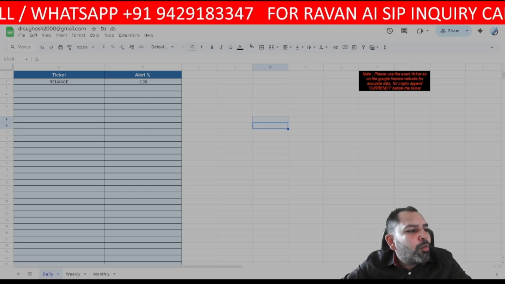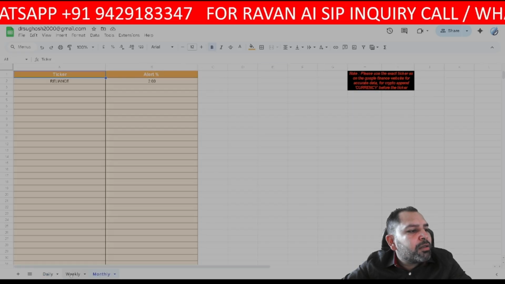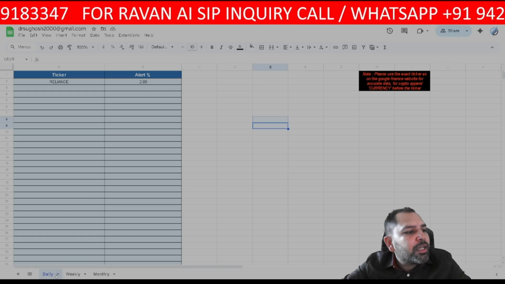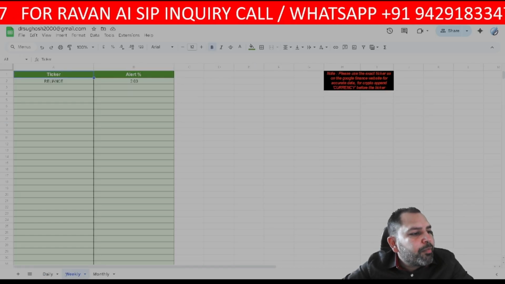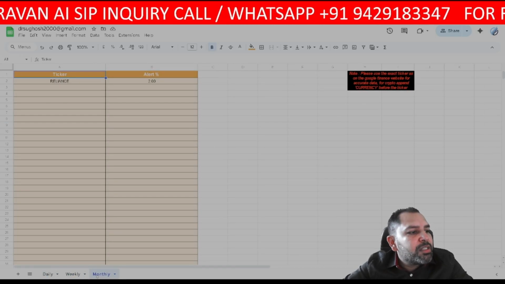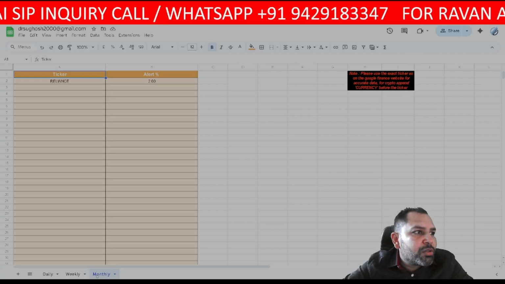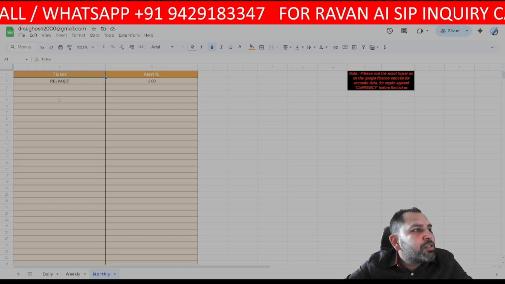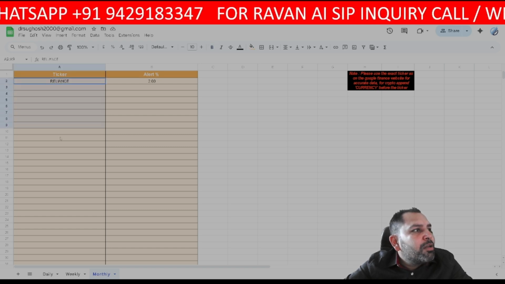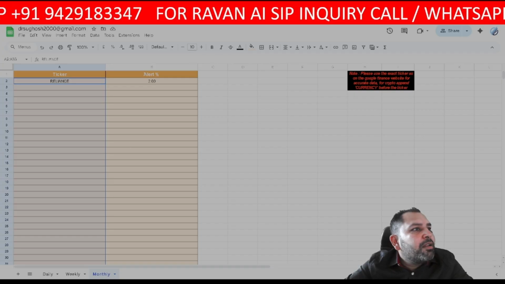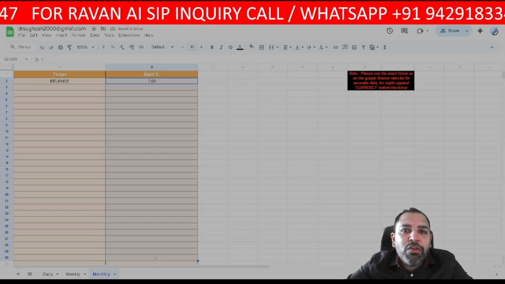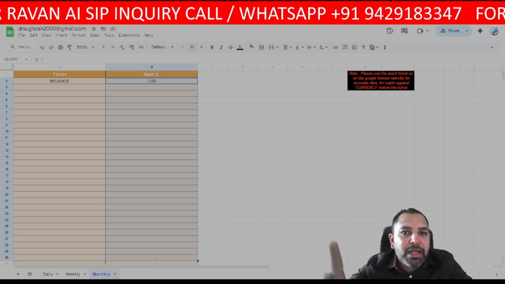Here you can see in the bottom daily, weekly and monthly sections are there. Those who are a positional trader and swing trader, I recommend you to use daily and weekly. And those who are long term investors into mutual funds, ETFs or stocks, and want to set alerts, you can add the first column. This is the ticker part. You can add the ticker over here, and in the next column, you can set the percentage based on the analysis which you have made using my analysis tool.